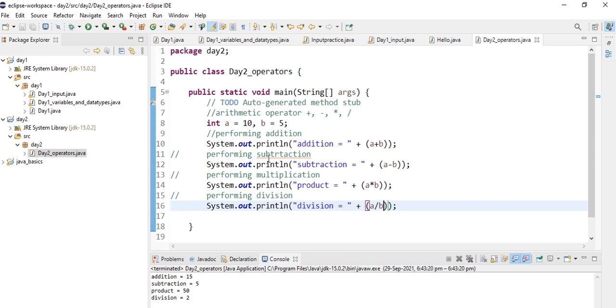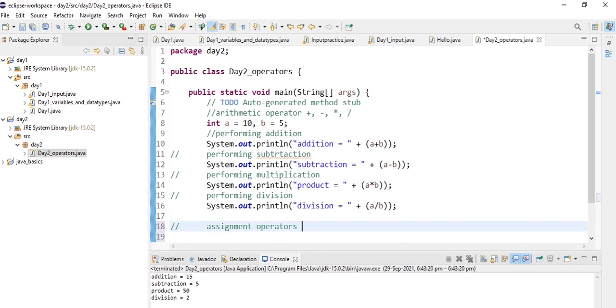Now let's discuss assignment operators. Let's comment this here and write assignment operators. So what are assignment operators? Assignment operators are used to assign values to variables.